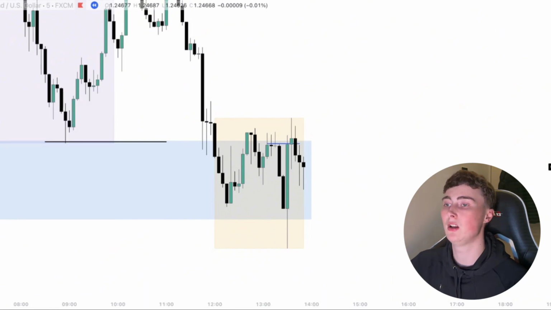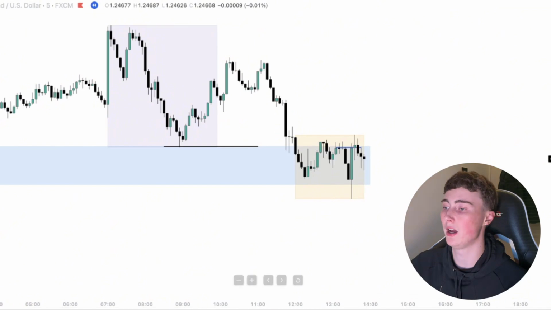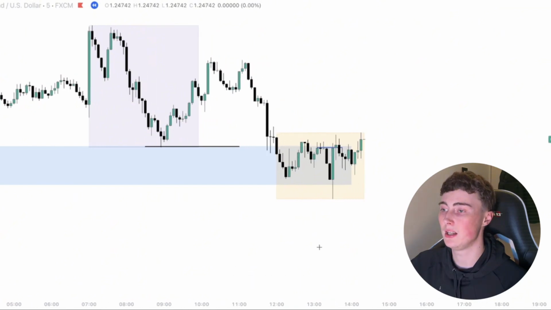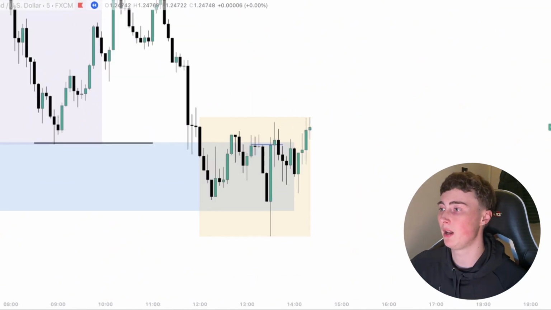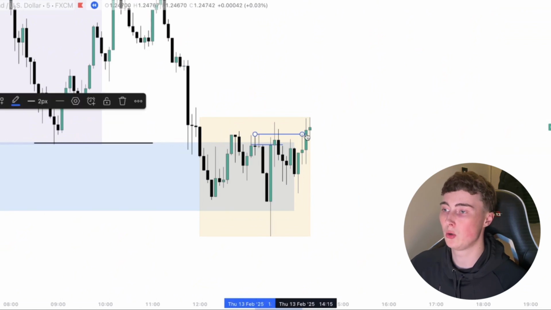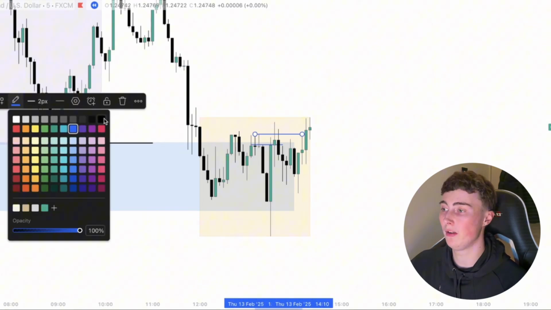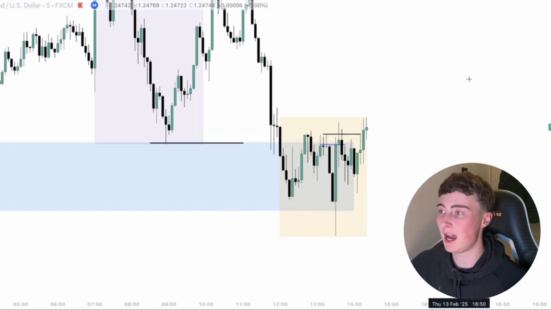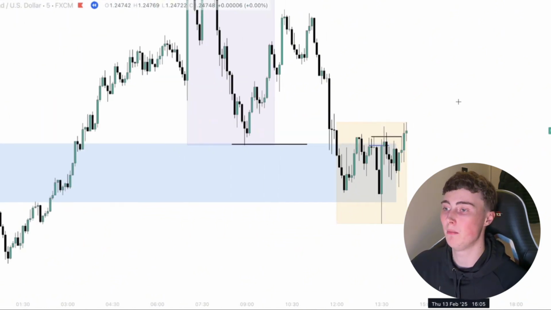I personally like to see displacement through a swing high. And if I play this out, you can see later on we get the displacement through a swing high here. This is a swing high and price has closed through it with this candle. So that qualifies, right? And I was actually looking to take this trade, but I was at the barbers at